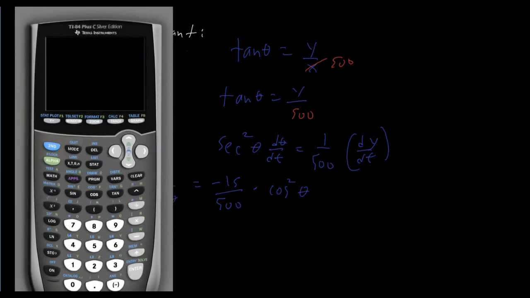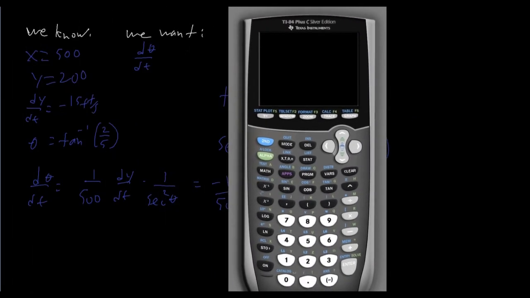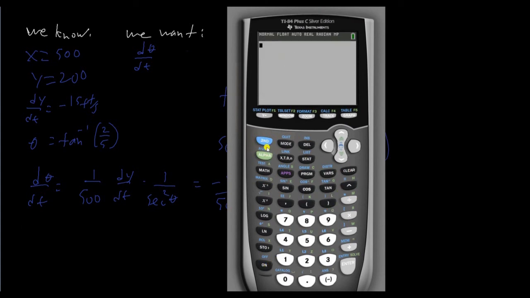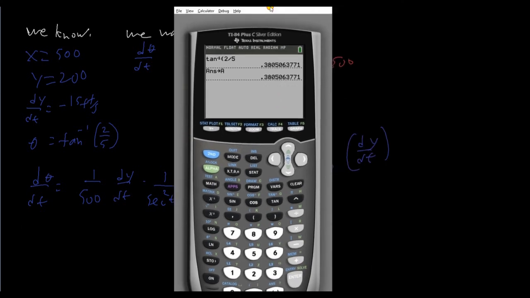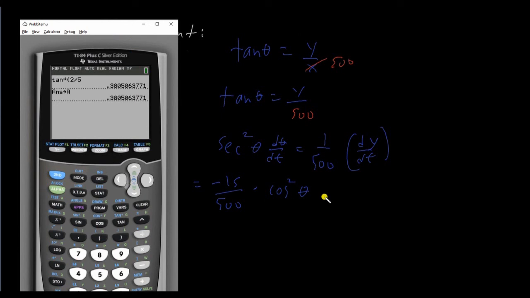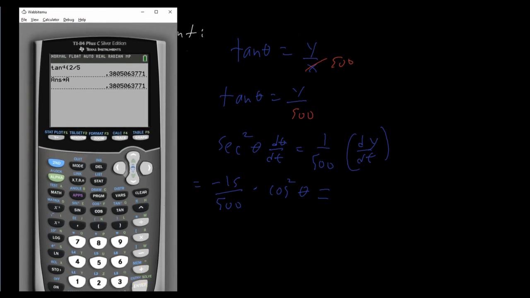Now let's pull up our calculator, and we want to find theta, right? So theta is going to be the inverse tangent of 2/5, and that's going to be equal to that number. I'm going to store this as a variable so we can use it later. Okay, and then this is going to be negative 15 over 500 times cosine of theta squared, and that gets us this right here,